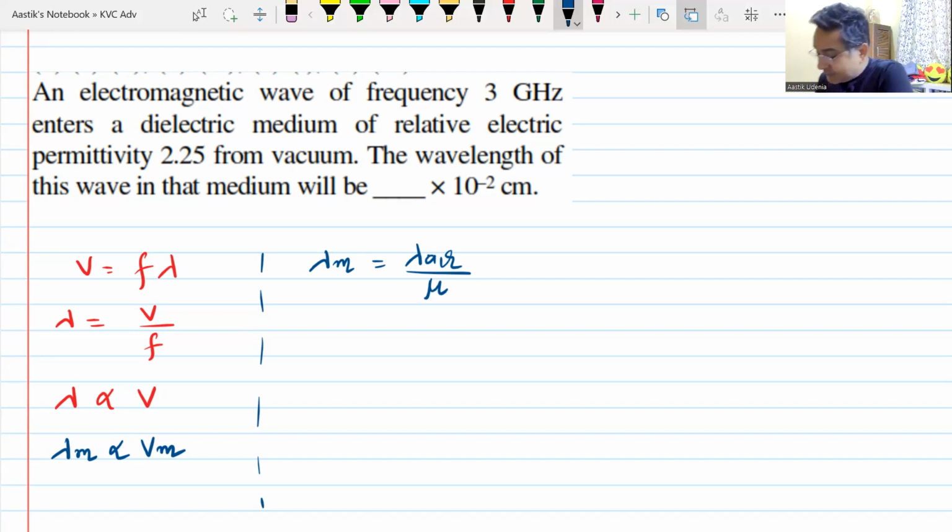Now, this refractive index mu can be found out by this formula, and this is the formula I needed to give you. Mu is the root of mu r into epsilon r, where mu r is the relative permeability and epsilon r is the relative permittivity. Now here I assume that this is a non-magnetic material, so I assume mu r